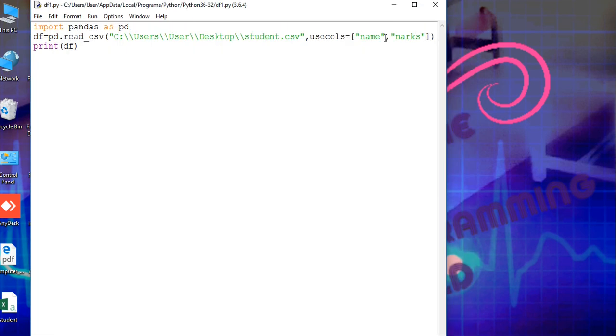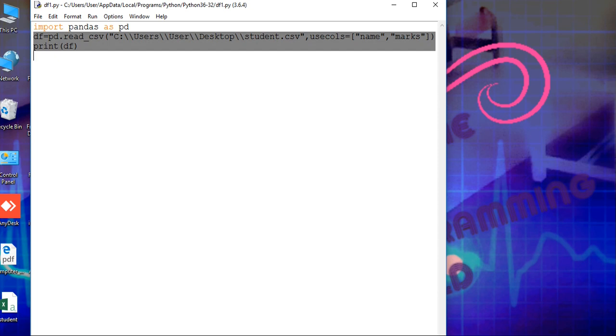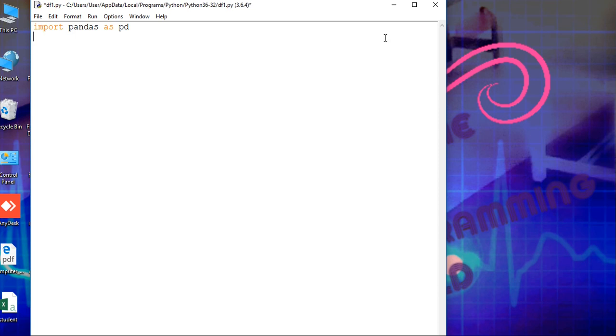Next topic is creating a CSV file using Python programming. So see the process. Firstly, you have to create a data frame. Now we are going to create a data frame of products. Then df is equal to pd dot DataFrame. Use here the first column and type the product ID.